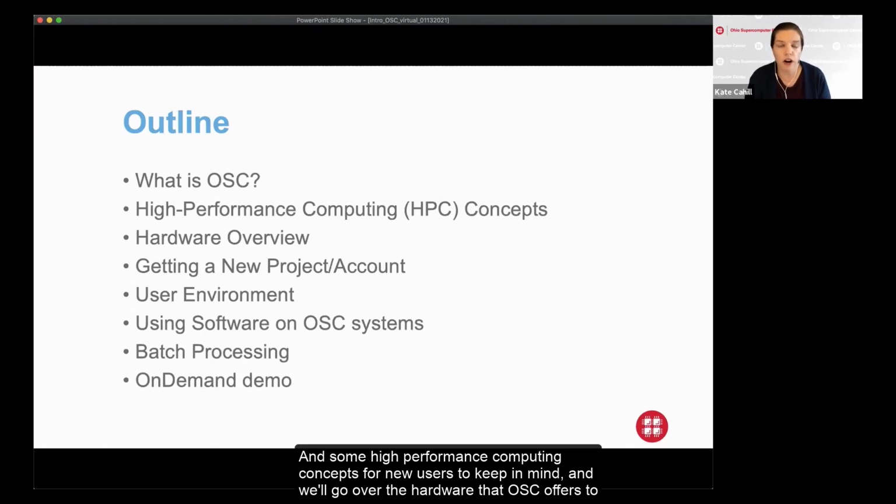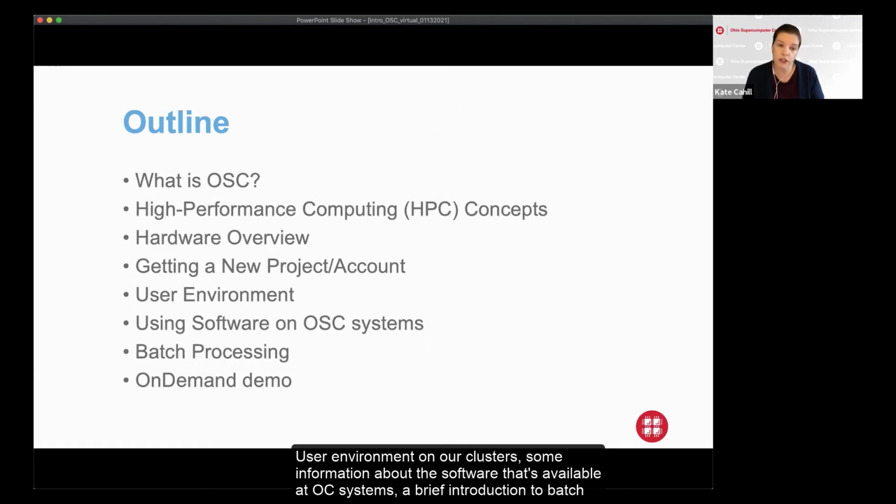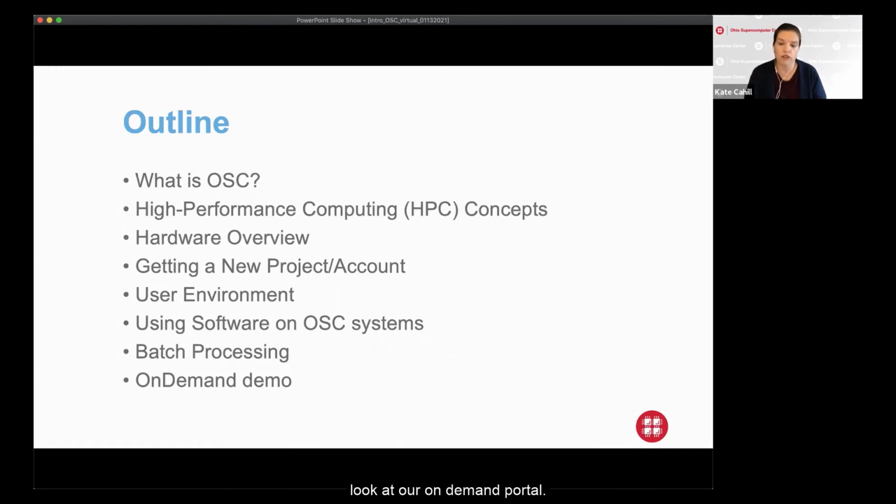We'll go over the hardware that OSC offers to our users, how to get started as a new user or a new PI with a new project, the user environment on our clusters, some information about the software that's available at OSC systems, a brief introduction to batch processing, talking about how to submit jobs to our batch system. And then, like I said, we'll switch over to a browser and look at our on-demand portal.